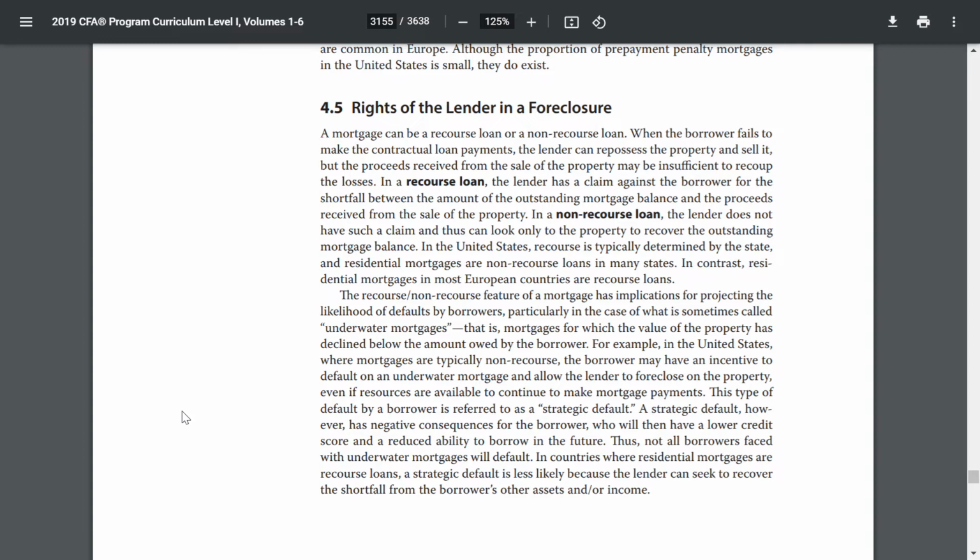The recourse or non-recourse feature of a mortgage has implications for projecting the likelihood of default by borrowers, particularly in the case of what are sometimes called underwater mortgages. That is, mortgages that are viewed